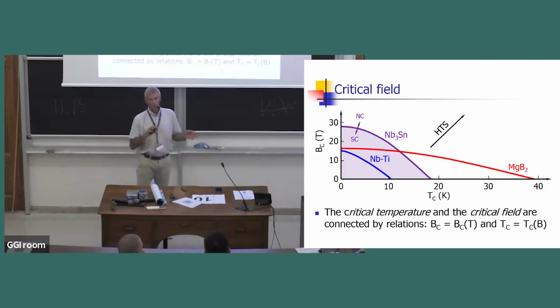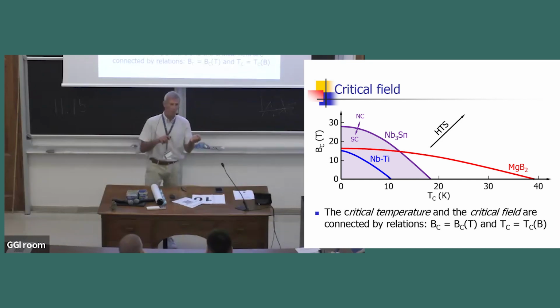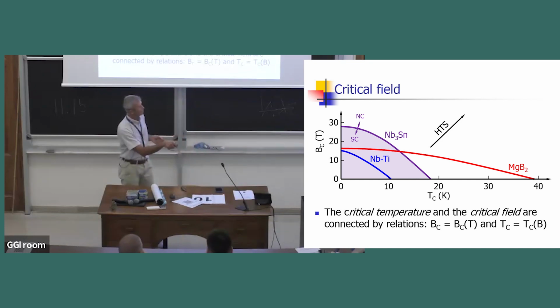So if you look now into the two properties we talked about, critical temperature, and now critical field, the two are related. If you increase the temperature, you decrease the field you can tolerate. If you increase the field, you decrease the temperature you can tolerate. So essentially, in a Bc-Tc, critical field, critical temperature plane, you get a curve that explains that boundary we saw yesterday for the critical current surface. Critical field for niobium titanium, MgB2, niobium-3 tin is of the order of 10 to 20, 30 Tesla. Critical temperatures are of the order of 10 to 20, 40 K for MgB2.